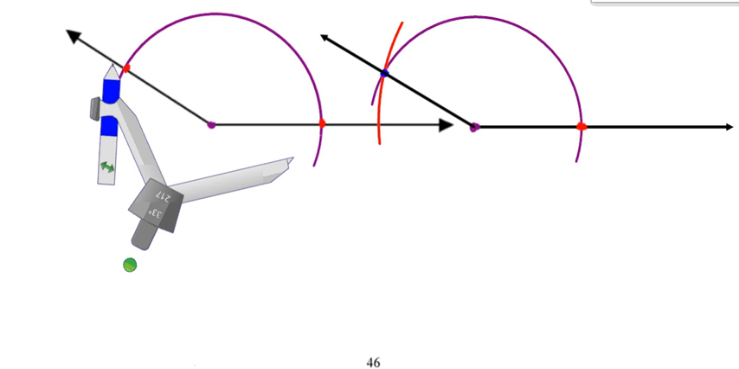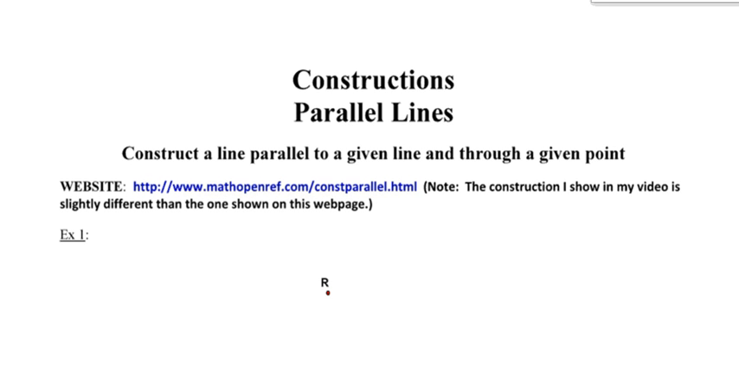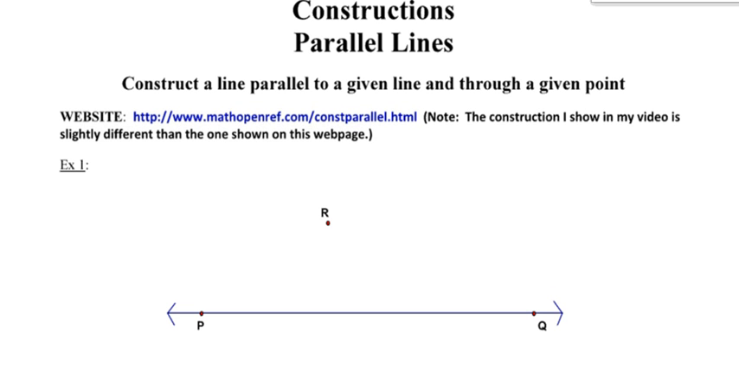Now, if you're saying to yourself, I need some more practice with this, that's okay, because you're going to get some more practice as we actually use this copy angle construction in order to create parallel lines. So that's our next construction for this video: to construct a line parallel to the given line through the given point. And I put a little note in here that the construction I'm going to show in my video